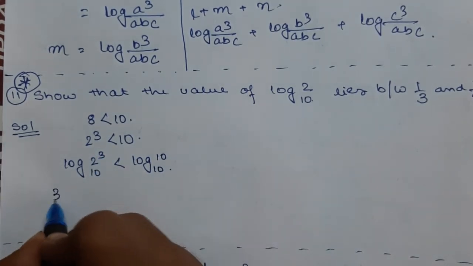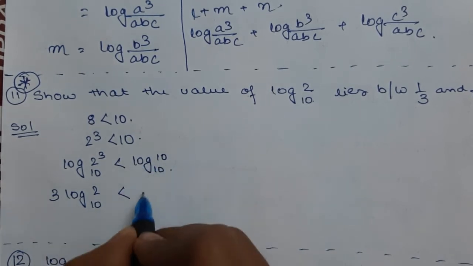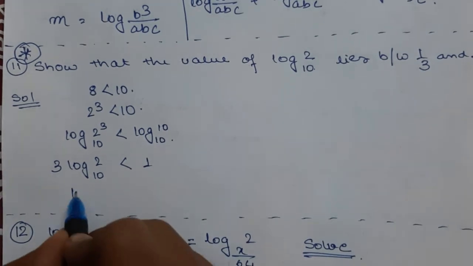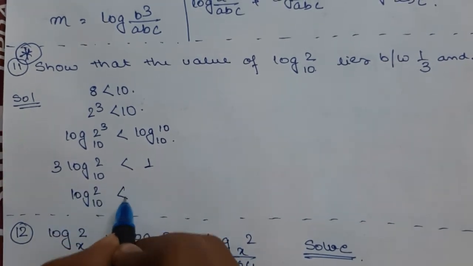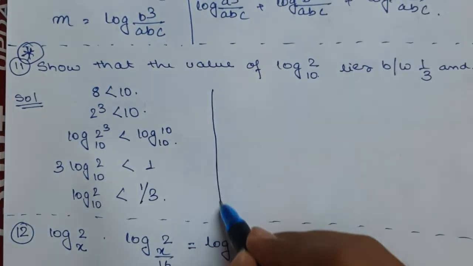So here it is 3, we can check it here. Log 2 to the base 10, and as we know, log of a to the base a is 1, right? So log of 2 to the base 10 is less than 1 by 3. I think there is no problem here. Now